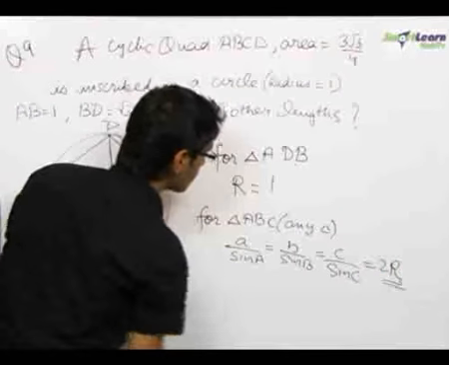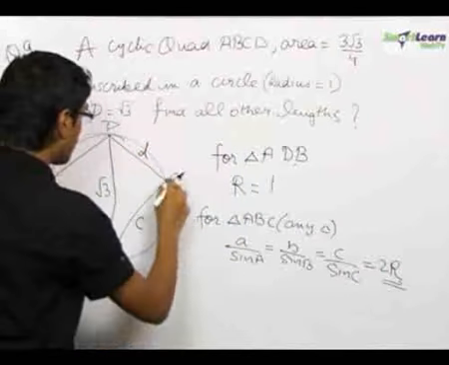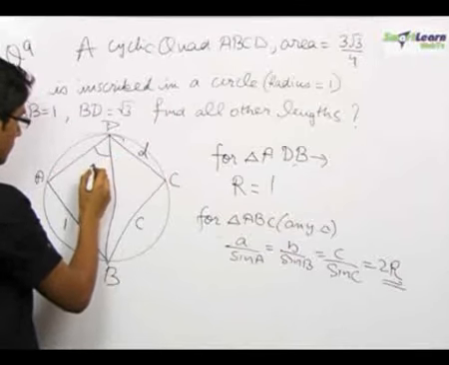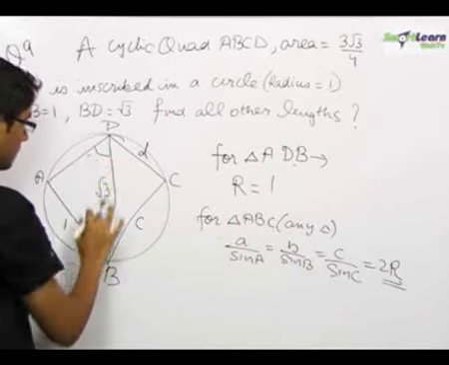This R is the radius of the circumcircle. So for triangle ADB, AB upon sin D equals 2R,